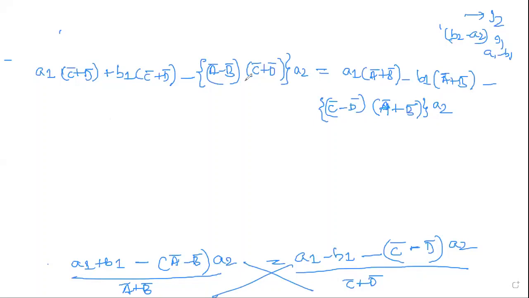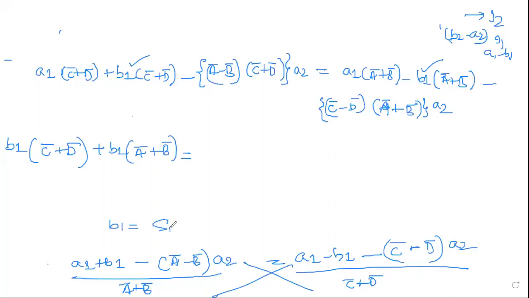Okay. Now, see the terms. There is B1 here and there is B1 here. First, we need to bring this term to left-hand side. So, just write the equations of B1. B1, you have C bar plus D bar as one equation, which you have here. Bring this term to left-hand side. So, you'll have plus B1 into A bar plus B bar. So, this is done. Now, you know the equation of S parameter, B1 is equal to S11A1 plus S12A2.